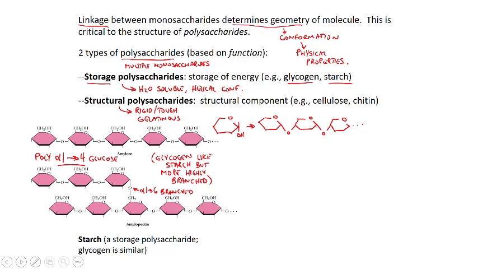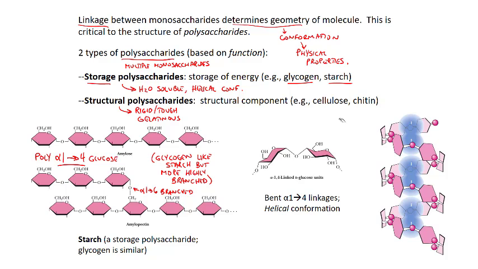Now, this is an example of why Haworth projections are not perfect. The rings in Haworth projections are not flat. Much like the ring of cyclohexane, they're actually crimped a little bit. Because of this alpha 1 to 4 glycosidic linkage, whenever you have an alpha glycosidic linkage in glucose, it may not be the same in all other sugars, the glycosidic bond